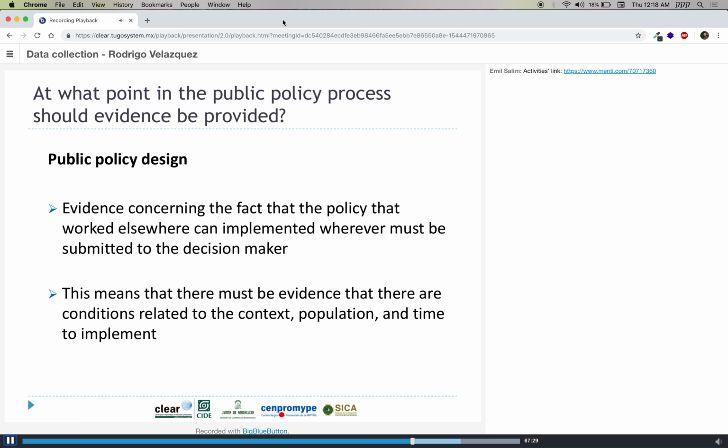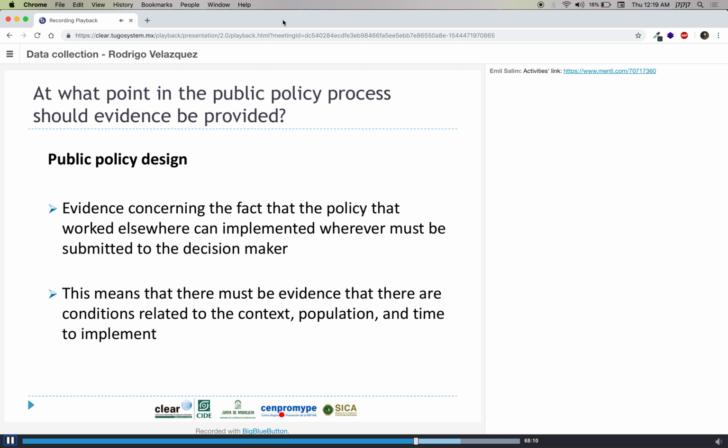So of course, it is not necessary to wait until all the actions are implemented to then go to the evaluation stage and then provide evidence. So we can have some evaluation exercises during the implementation process. We do not necessarily have to meet an implementation cycle to be able to evaluate. We can have some stages, and then we analyze how this is working. So we have to collect data and information, and systematize them. And we have to analyze how this government action is being implemented.